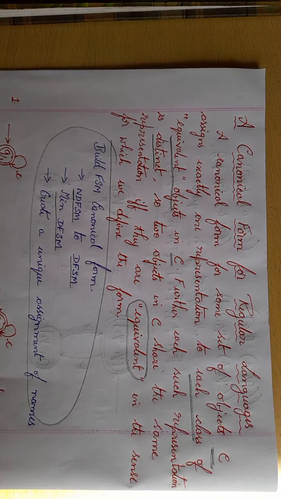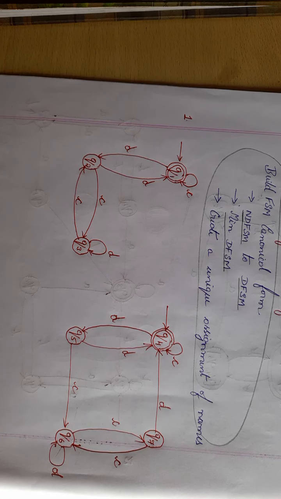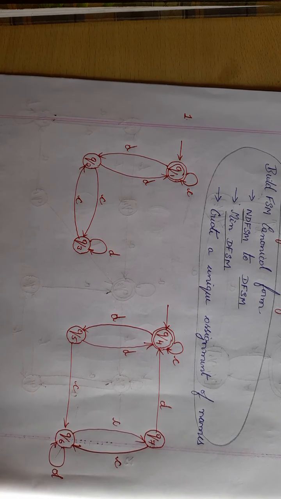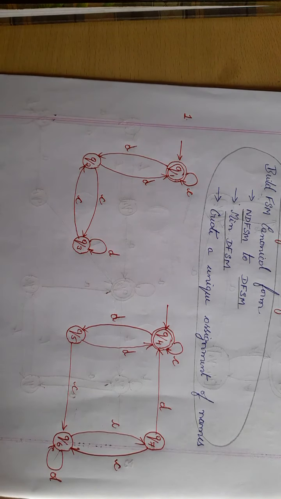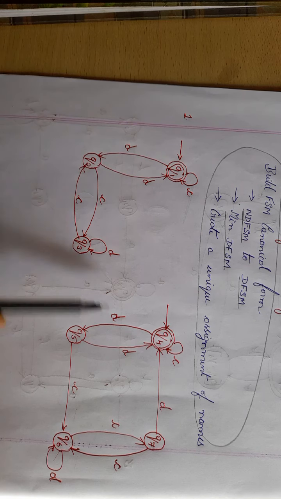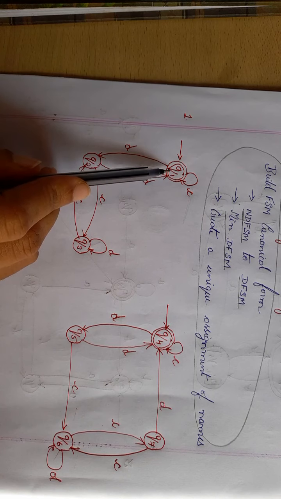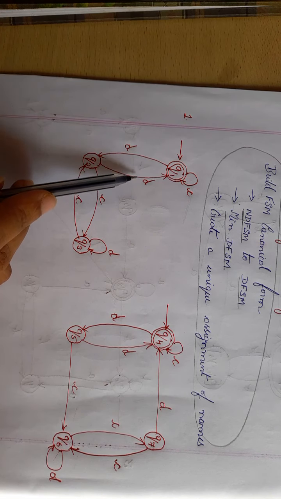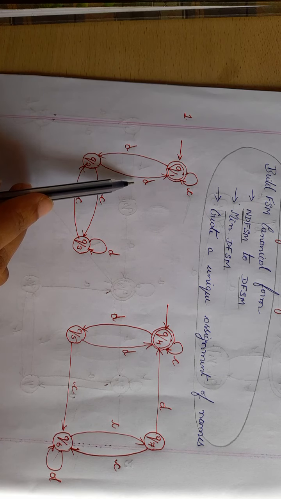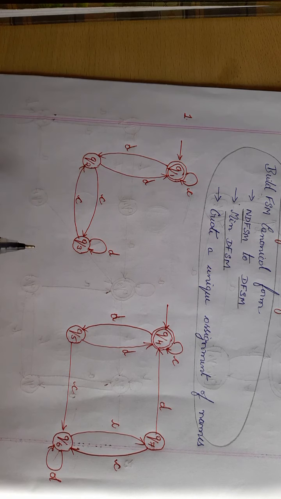Okay, so we shall solve the problem. This is the problem statement that is given. You can see two transition diagrams given in a single problem. Here you can see that there are three states, and here there are four different states. The transitions are with respect to the input alphabet C and D. First of all, you have to check whether it is a non-deterministic finite state machine. If so, then you have to convert it.